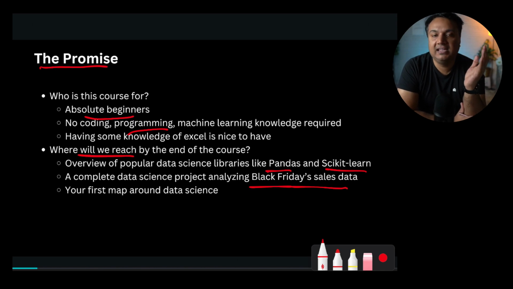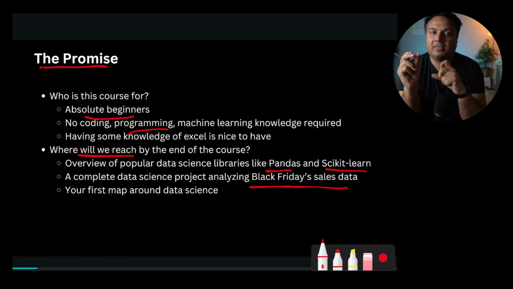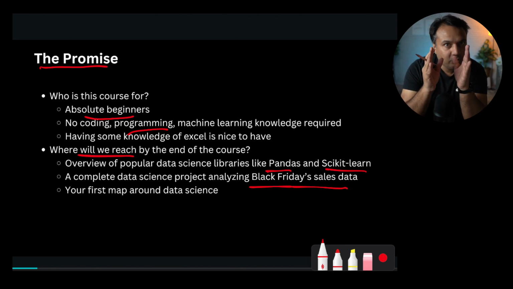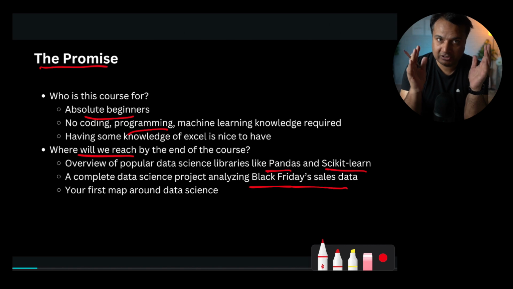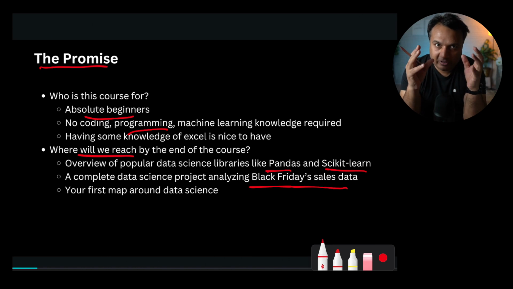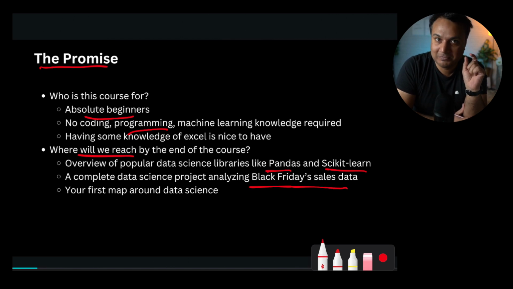This is a sales data where you are provided some attributes and details about the customers and some attributes about the product which they have bought. And by looking at that, our job will be to predict who is going to buy which product in future. Now, this is definitely a very exciting use case, because use cases like this are very common in marketing and in real life business settings, because businesses want to predict what is going to happen in future. And if you could have this kind of prediction ability, then that is definitely a great asset.